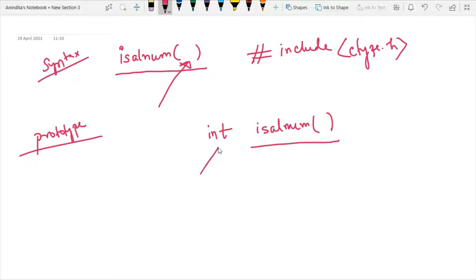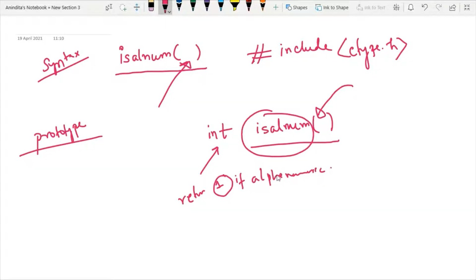Basically, this isalnum function will return 1 if the argument is an alphanumeric character. Means whatever we will pass from here, if this argument is an alphanumeric character, then this standard library function will return 1.